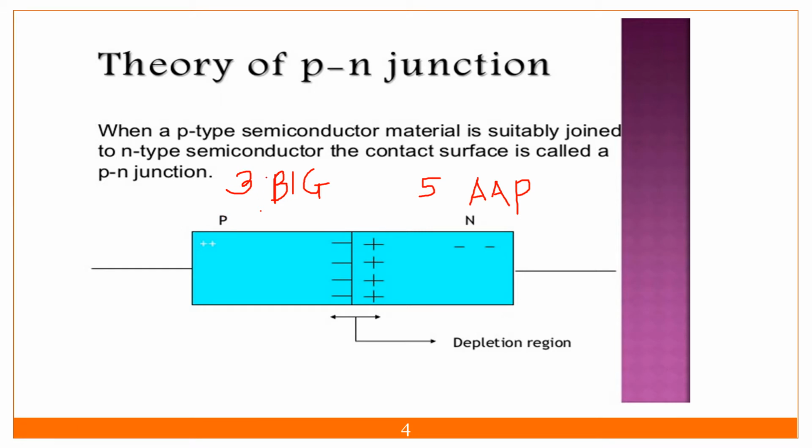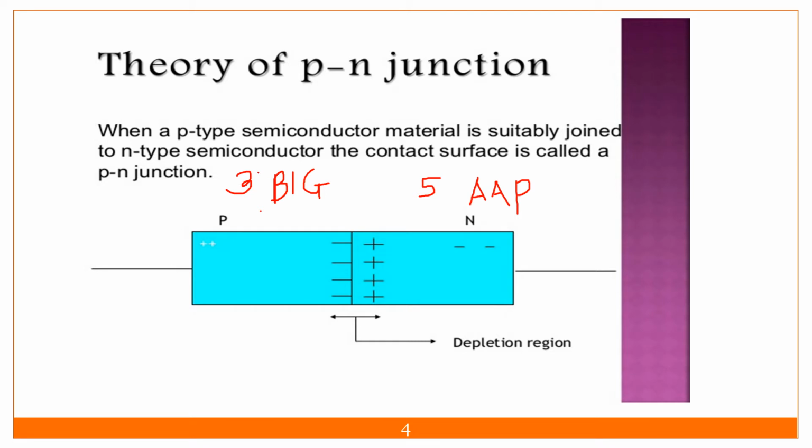We are adding boron, or indium, or gallium. In this one, this is also silicon or germanium, but we are adding some kind of impurity like arsenic, antimony and phosphorus, so the resultant material will be n-type. What will happen if I join these two materials and take two leads, two conductors, with normal wire connected?